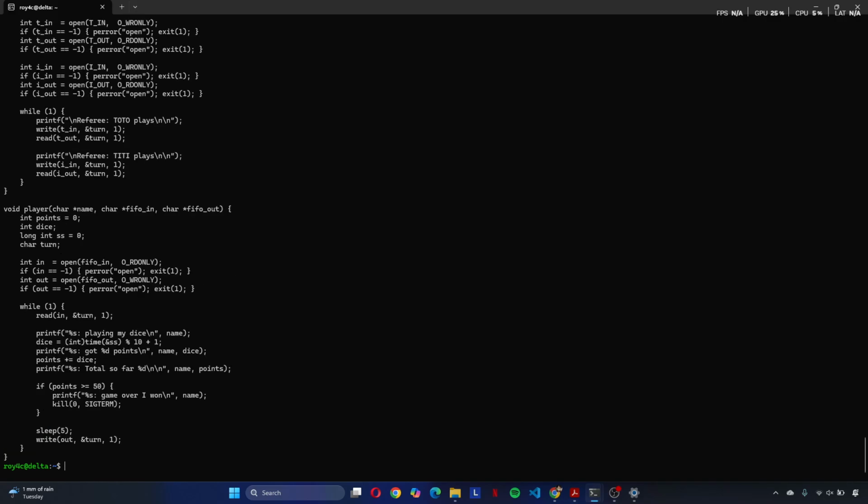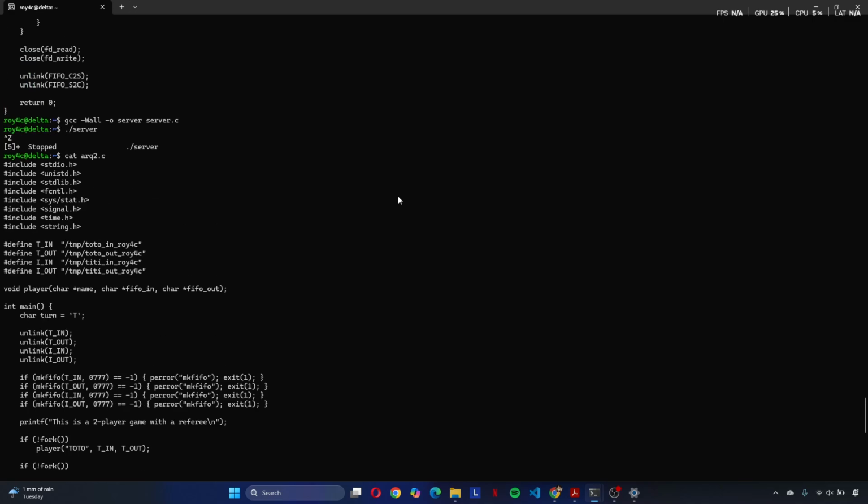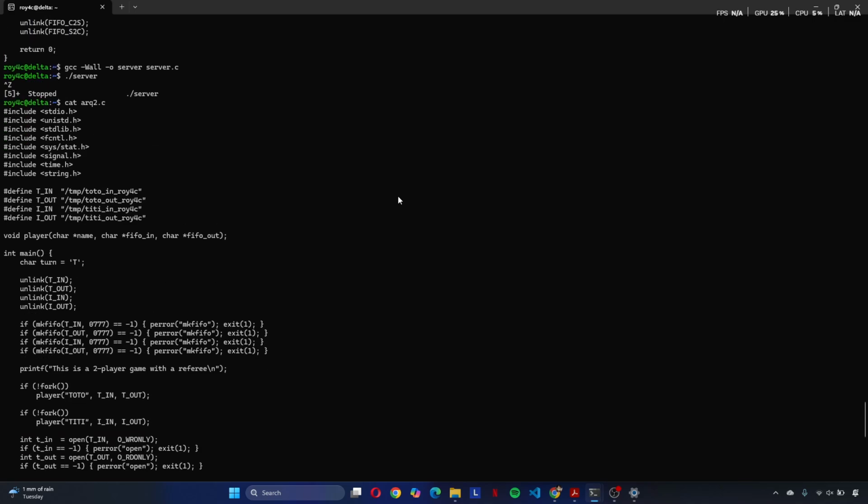ARQ2.c. So this is the code. For question 2, I rewrote the original game.c program, which used anonymous pipes, so it uses named FIFOs. The logic is identical to the original game, with a referee and 2 players assigned 4 FIFOs, TOT input and TOT output, and